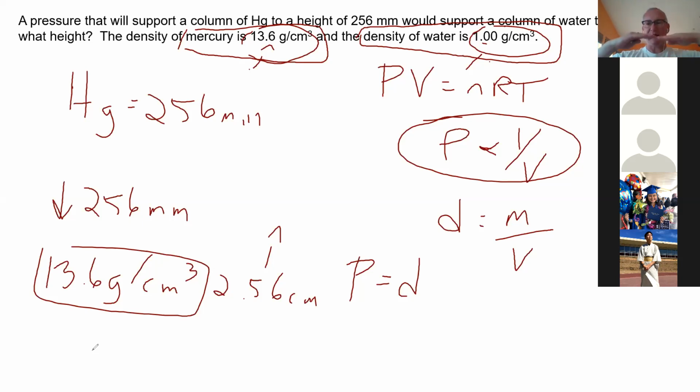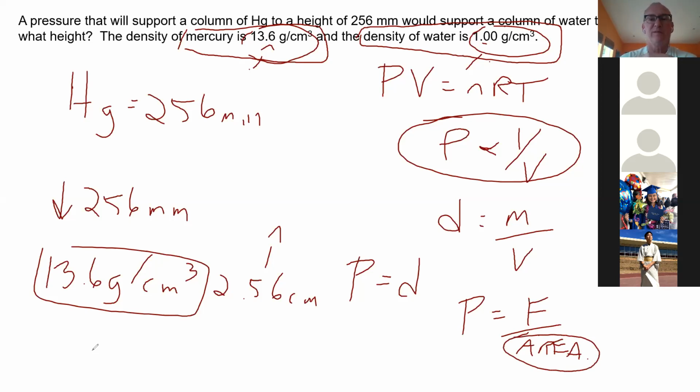Think of what effect pressure has. Remember, pressure is force over an area. So we're dealing with the same area,